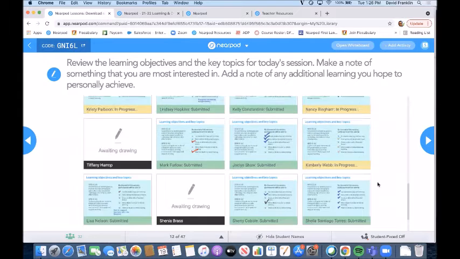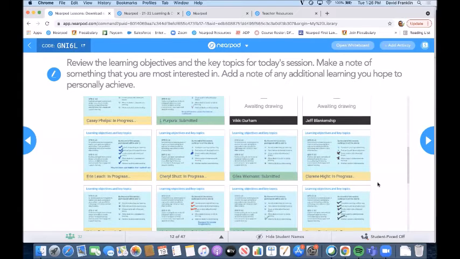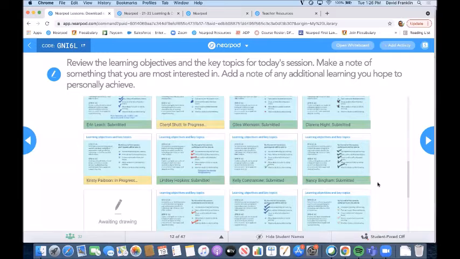And again, as a teacher, I'm checking for a couple of things. I'm checking for the content: if students are writing in here, what are they writing? But also I'm checking for engagement. Who's not engaged in the activity? If I'm in the front of the classroom or even circulating around the classroom, my eyes aren't on every student. But if I am always coming back to this and looking at it, I can make sure everyone's working on it